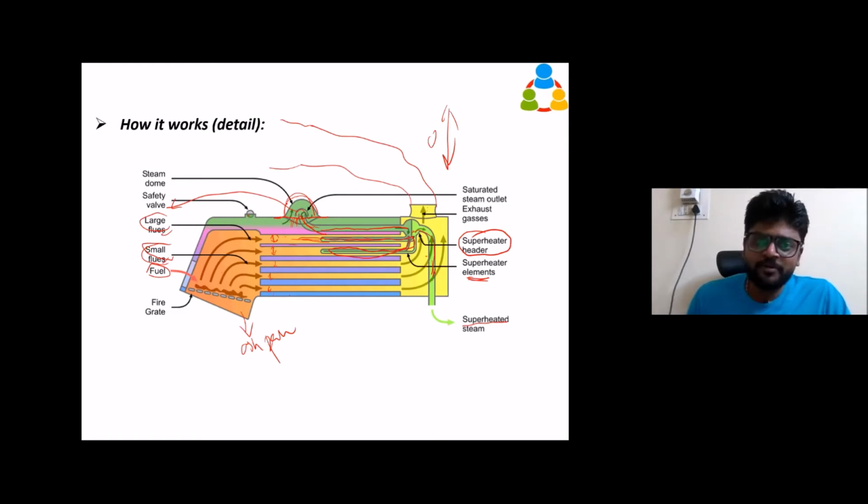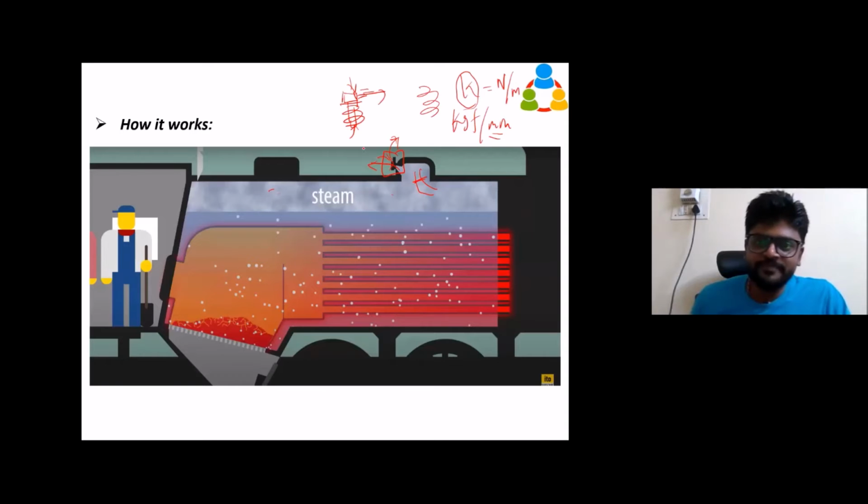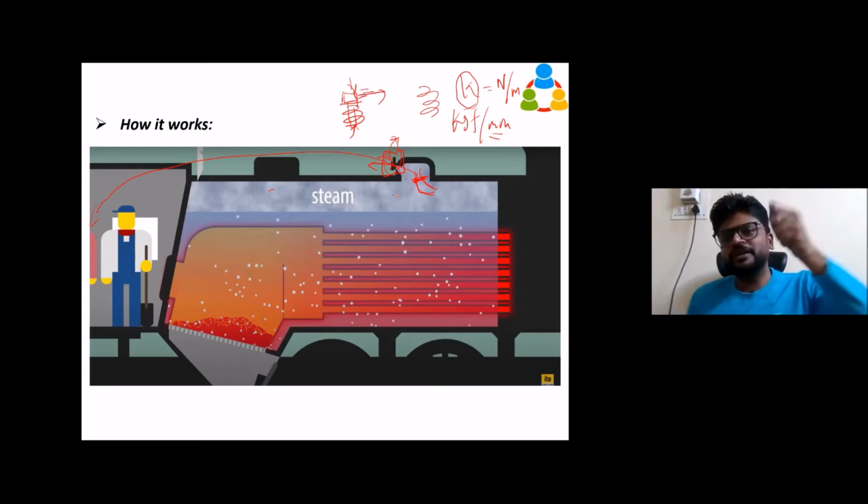Inside the steam dome, as I showed previously, there will be a safety valve, and the main pipe will be connected with this regulator valve. That regulator valve will be controlled by the driver. Some linkage and rods will be given and he will be pulling that. So that will open and close the valve, so you control the amount of steam getting into the main pipe. With that, you can control the speed of the engine, like a throttle.